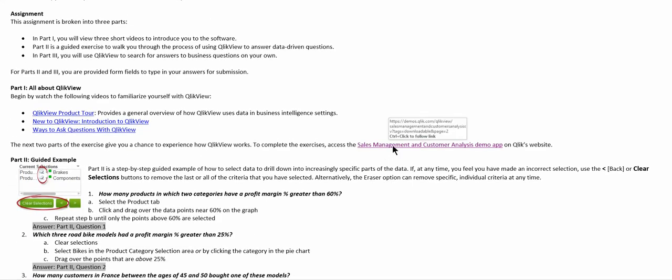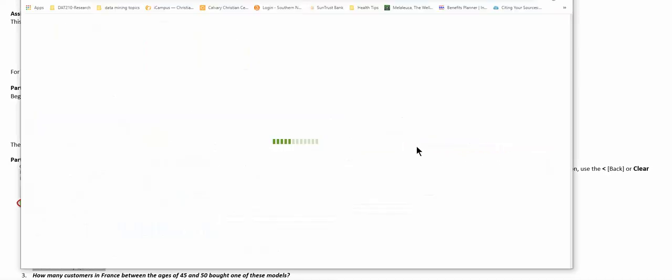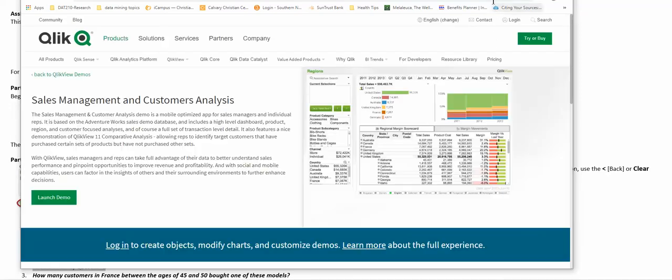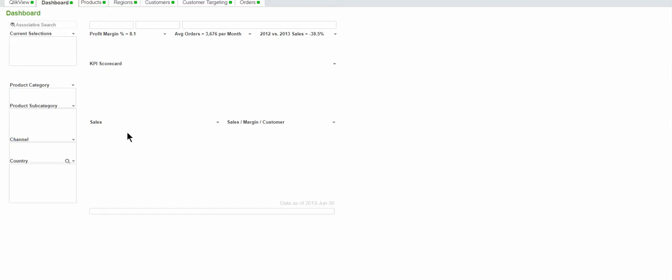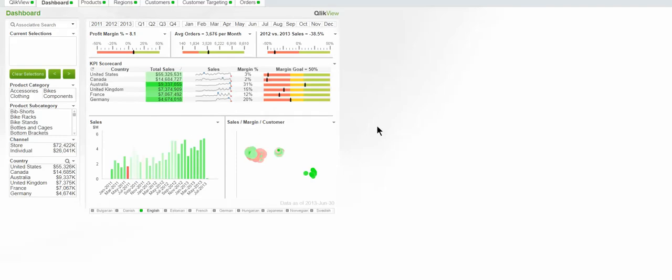Now we're going to open up the database. To open up the database, you want to select the link that says Sales Management and Customer Analysis Demo App. On this page, you want to select the option that says Launch Demo. When you launch the demo, you will see